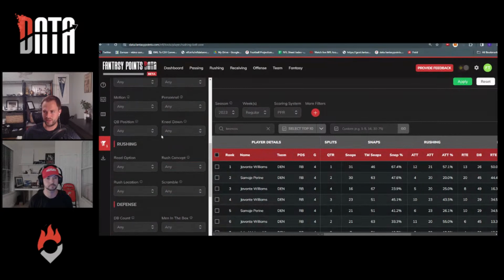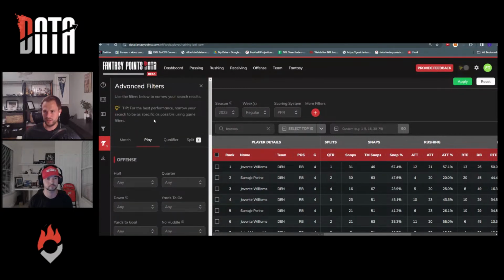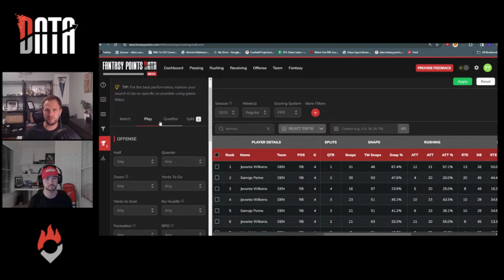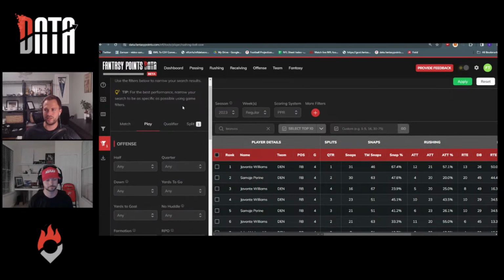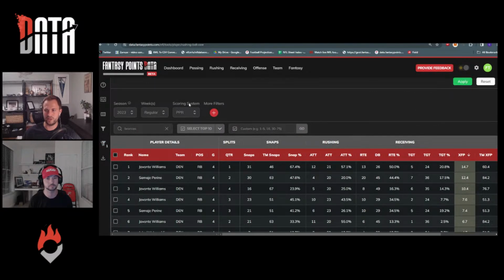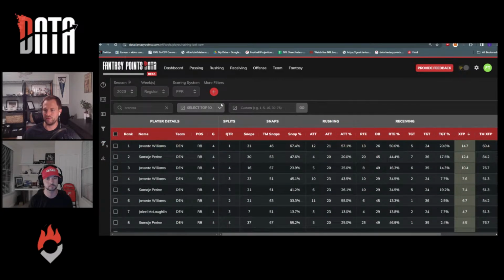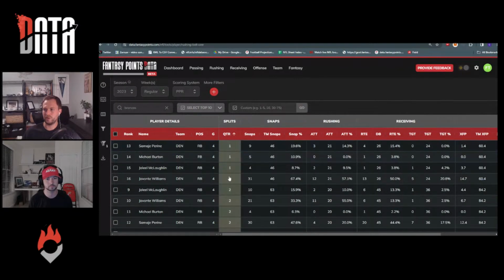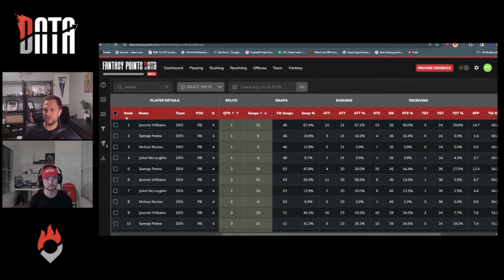I was actually looking at that this week because I think Mostert is still pretty much clearly the lead back there, despite Achane popping off. If you look at the numbers, he doesn't really play when the game is close. I know they've gotten out to quick leads in both games, but when the game was still close-ish, they seem to definitely prefer Mostert. So yeah, like you said, let's sort it by quarter this way, and then we'll sort it by snaps. So we can clearly see in the first quarter, it was very much Javonte Williams.